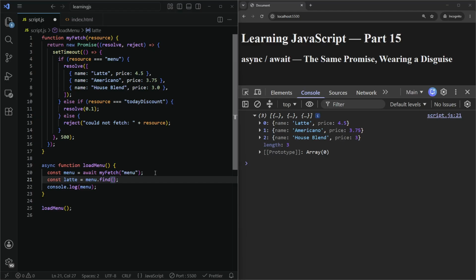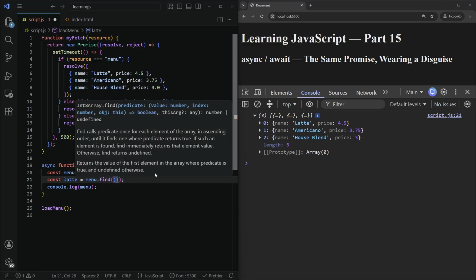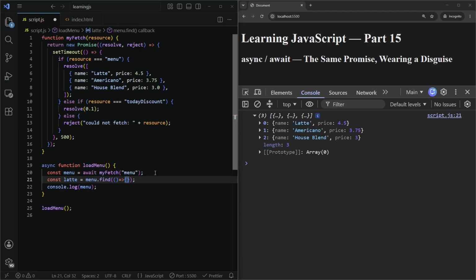Find goes through the array and runs each item on a callback. Like this, and we are going to find the dot name to be equal to latte, like this,